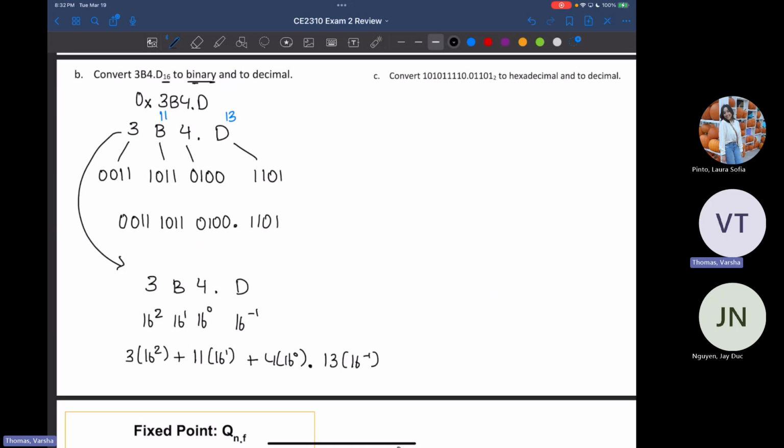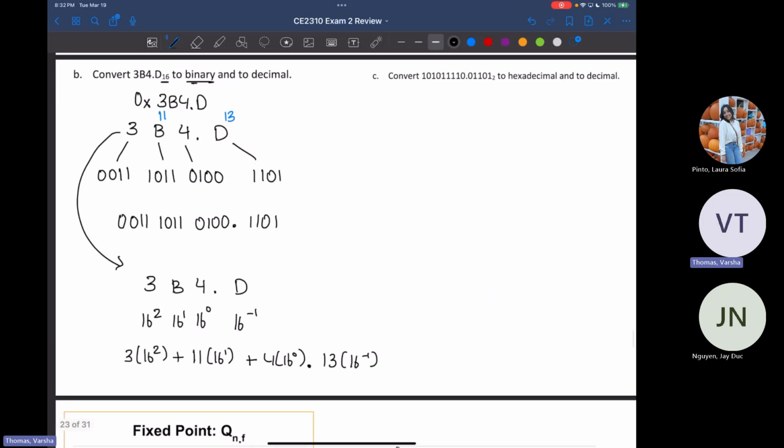When you put this all together, putting it in my calculator, I get that this is 948, and then decimal 16 to the negative 1, so 948.8125. And you're going to represent that with a little subscript 10 because that's how you represent decimal numbers. And then all of this you can represent with a little subscript 2 if it's not obvious that it's